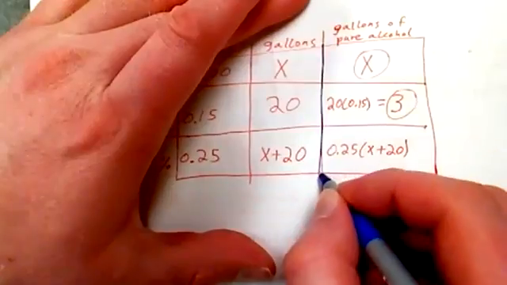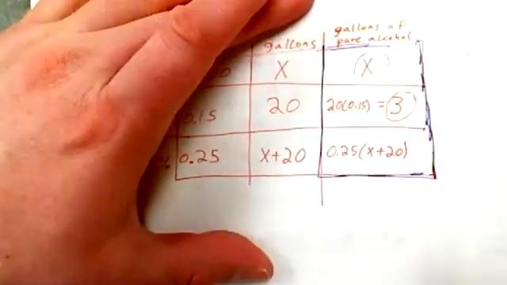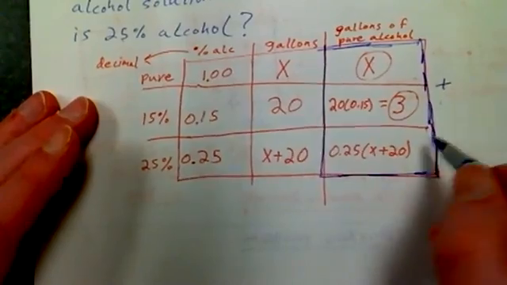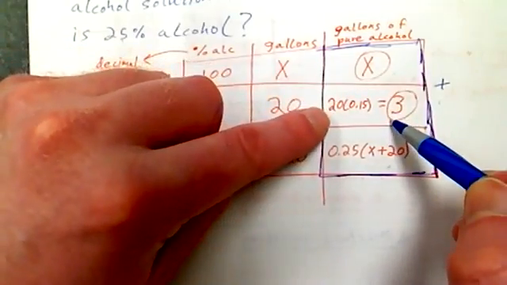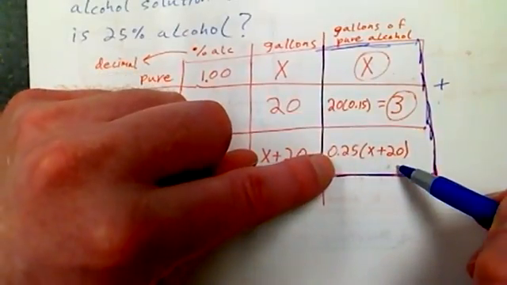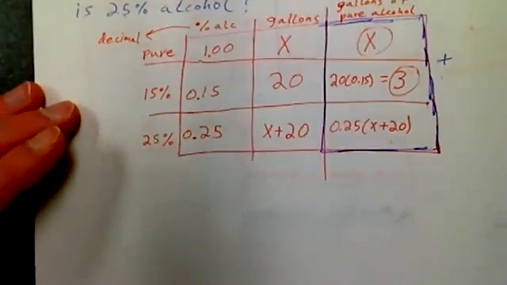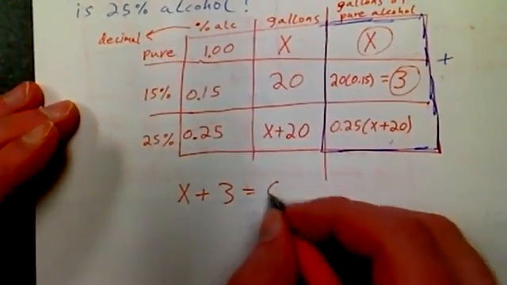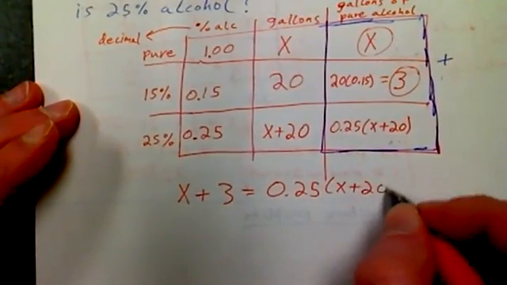So I think this right here is going to be useful to me. I know that this one plus this one should equal this one. The amount of pure alcohol in here plus the amount of pure alcohol in here should be the amount of pure alcohol in the mixture. There's our equation, okay? So what we get is X plus 3 is equal to 0.25 times (X plus 20),